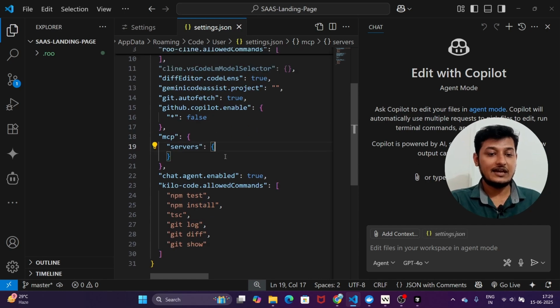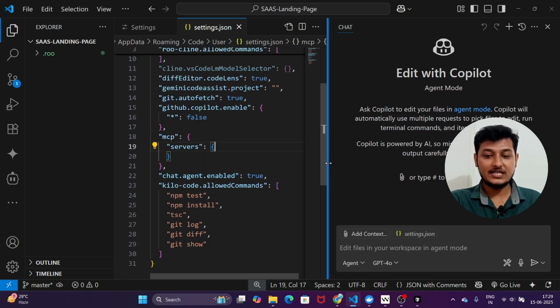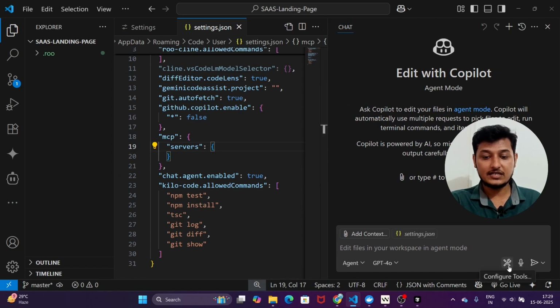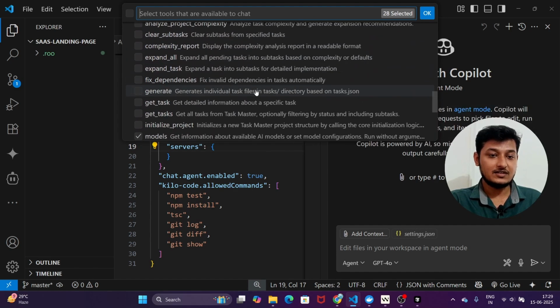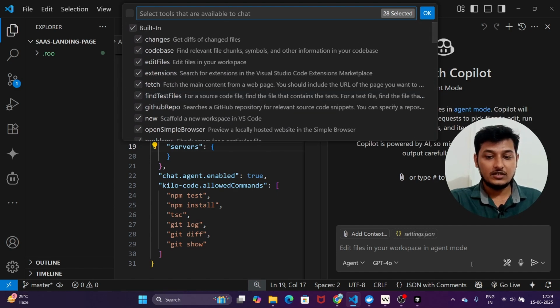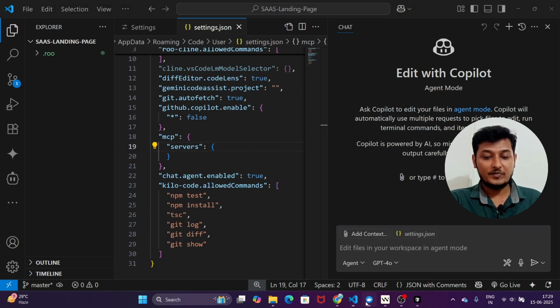Now here you see currently I have not added any of the MCP servers, and my Copilot chat is also open. Now if I click on this configure tools, here you will not find any MCP servers currently. Okay, now I have copied this command from this Docker Desktop. Now go to this